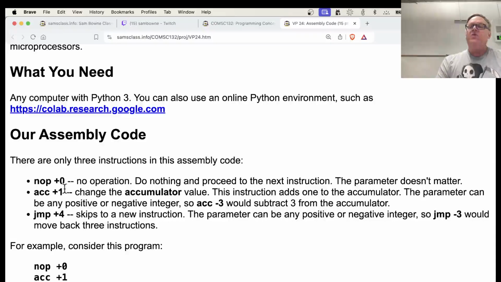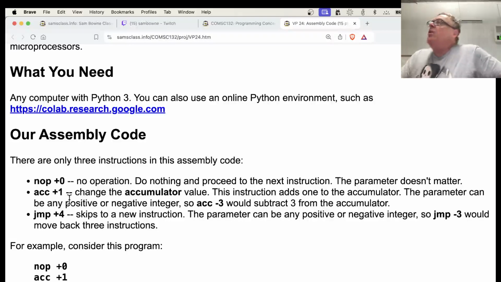So nop will do nothing, and the parameter doesn't matter. ACC will add one to the accumulator. This is the way all old processors work. The one I originally learned on, the 6502, was an 8-bit processor that worked exactly this way, and that dates